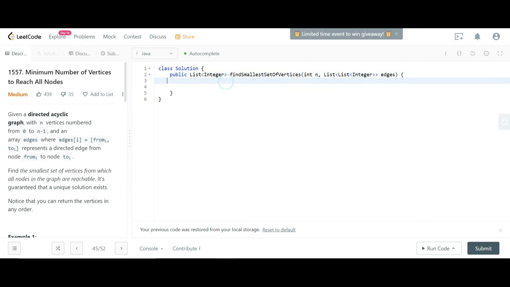So to get the result, we have to define one array list of integers, and we will define a boolean array of n length which will define which nodes have in degree and which don't. So for that purpose I have defined two variables. One is the result array which will contain the result, and a boolean inDegree array which has length n. So when I go through this edges list, if I find any node has a to value, then for that particular node I will make inDegree equal to true.